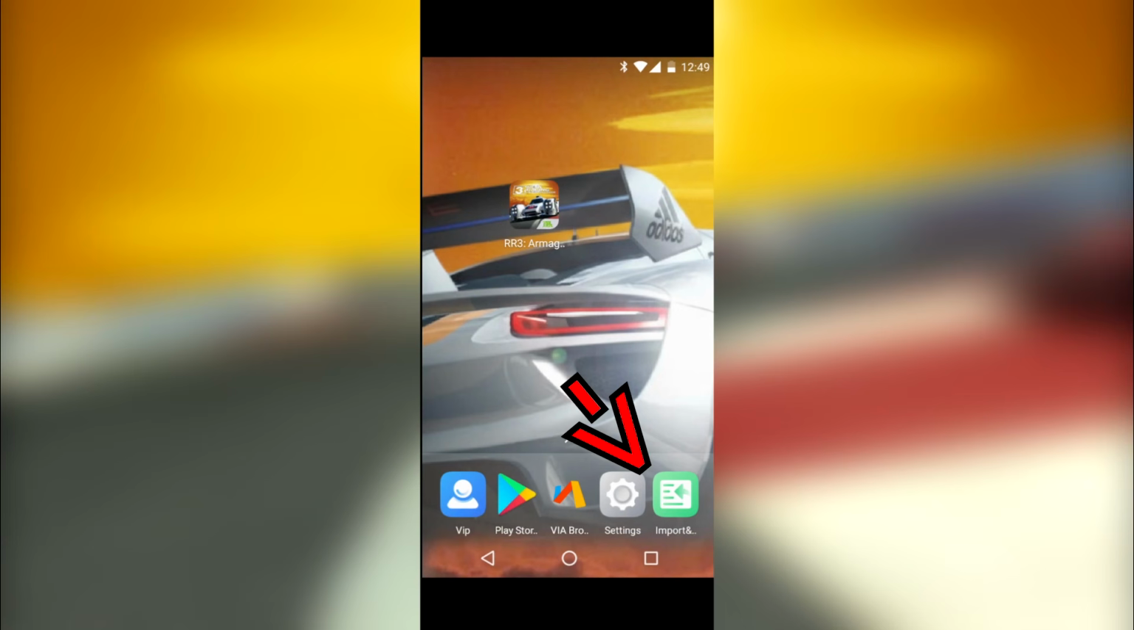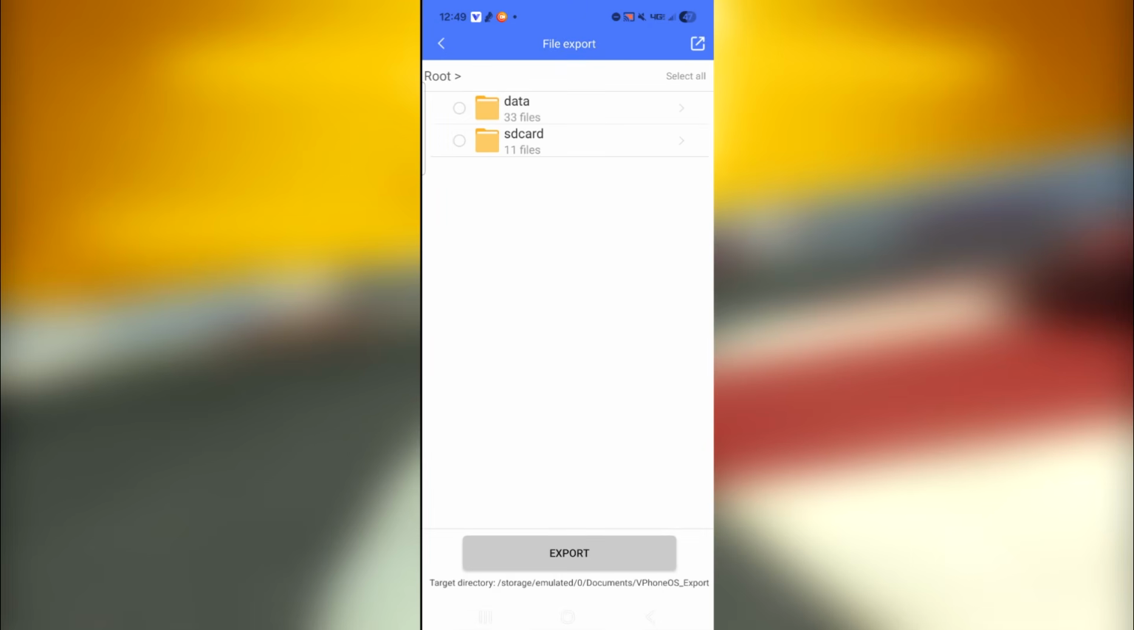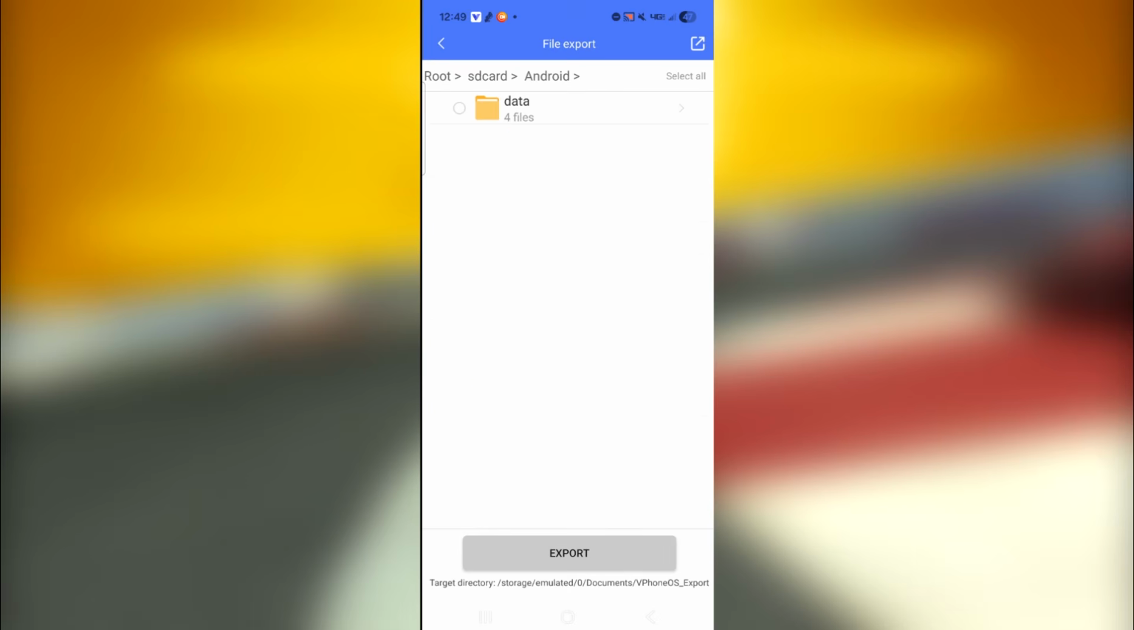On the main home screen of the emulator, on the main wallpaper page, you'll see down at the bottom right of the screen an import and export feature. Go ahead and tap that, and we want to export the files. We want to take the save files out of this version. So let's select export, SD card, Android, data,